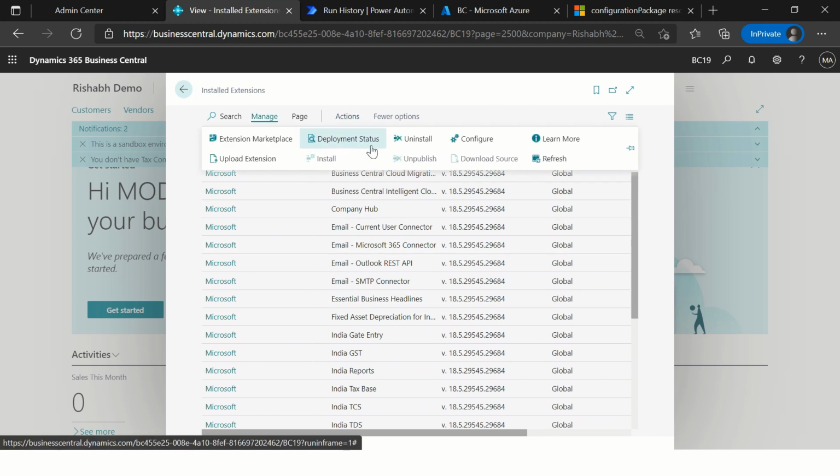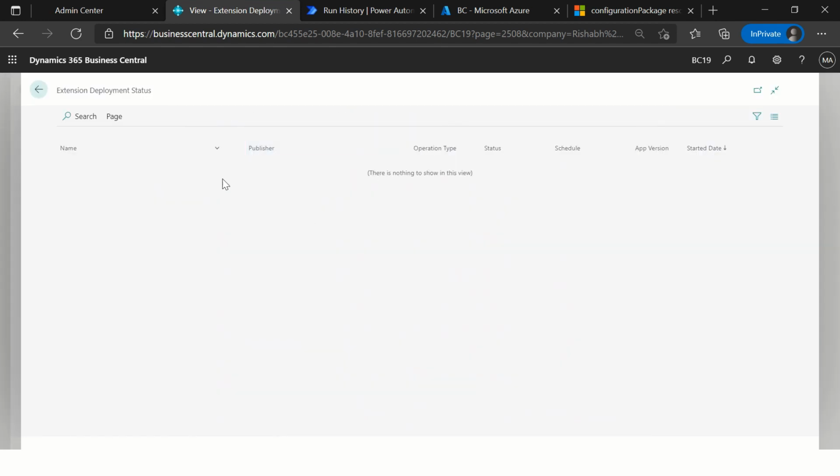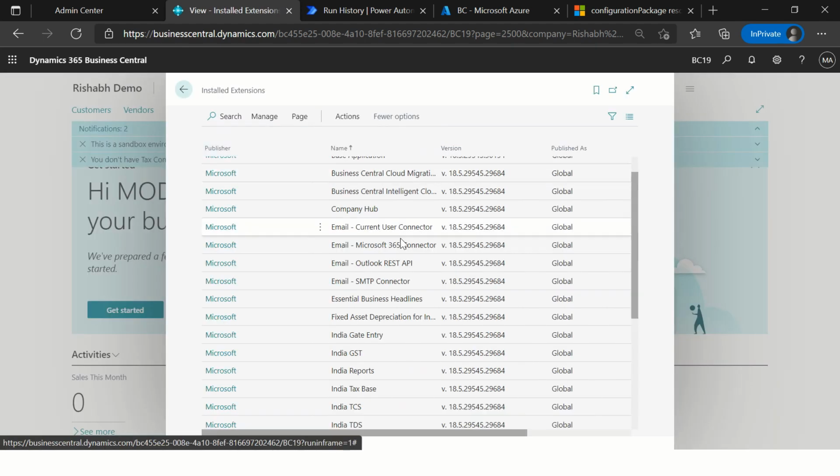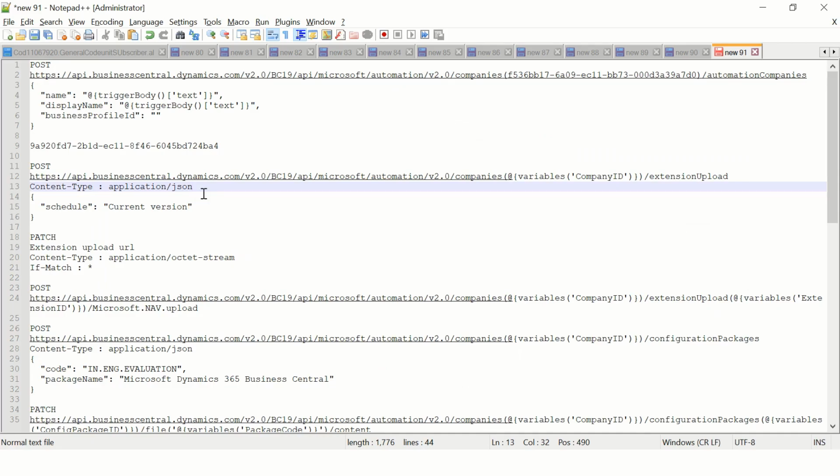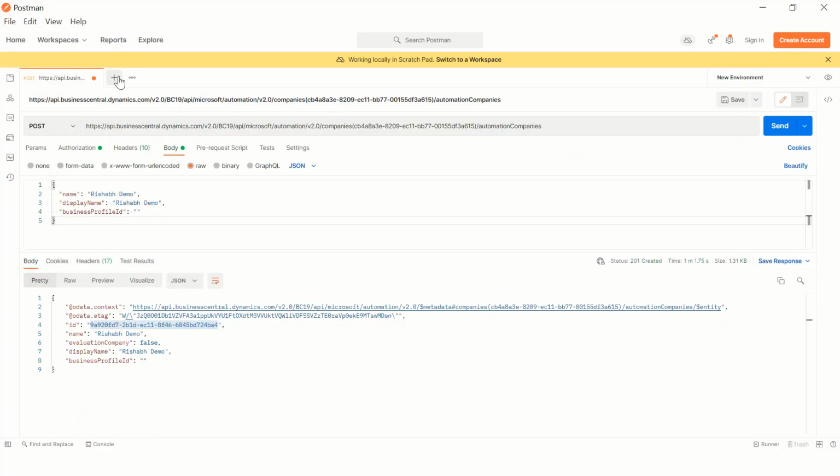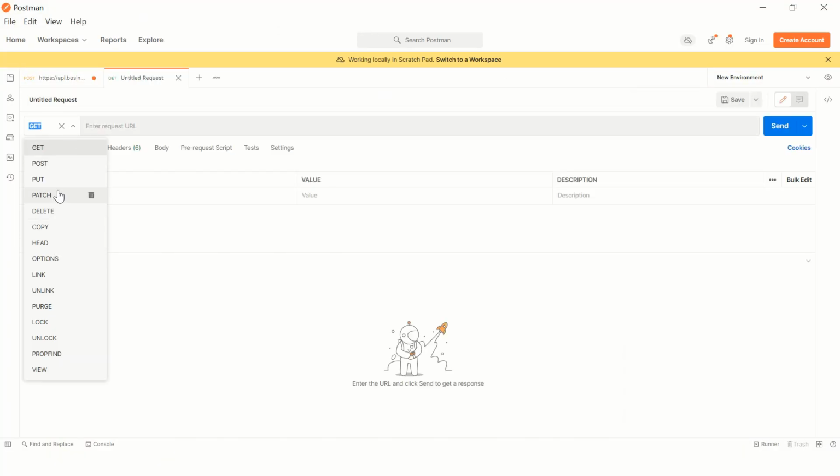If I go to deployment status, I don't have any further deployment going on. Yeah. So what I'm going to do now is that I will deploy a custom extension that I have, and we'll do that using API. Okay. So I'll say new post